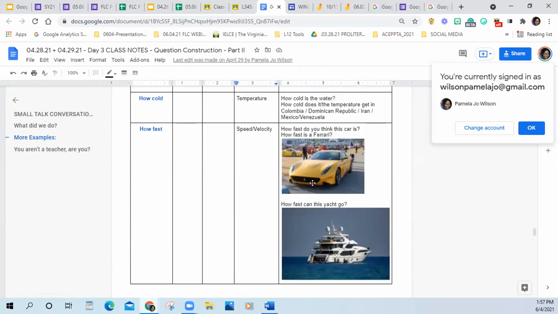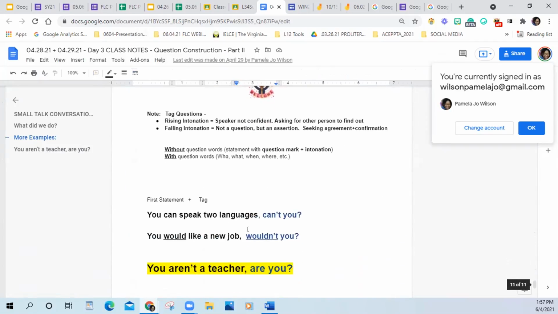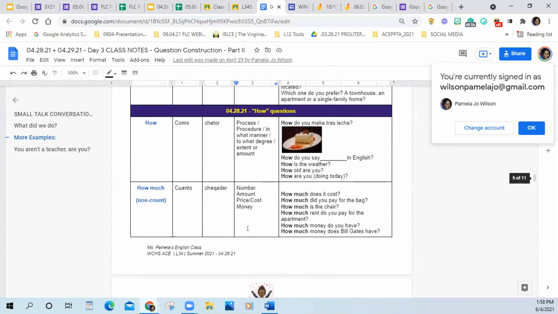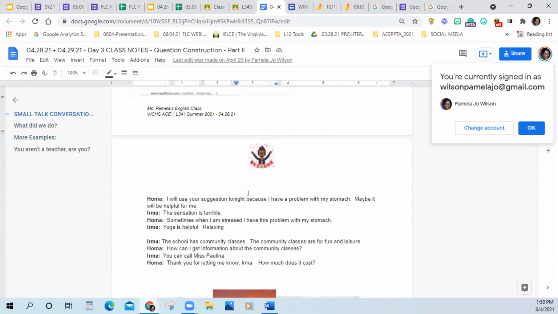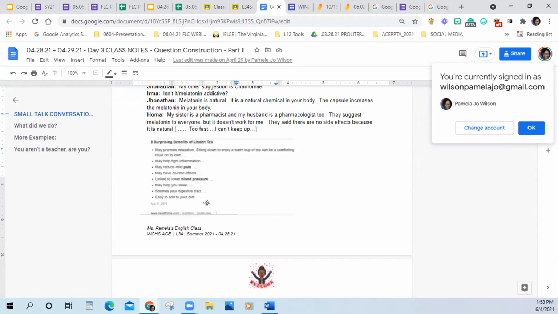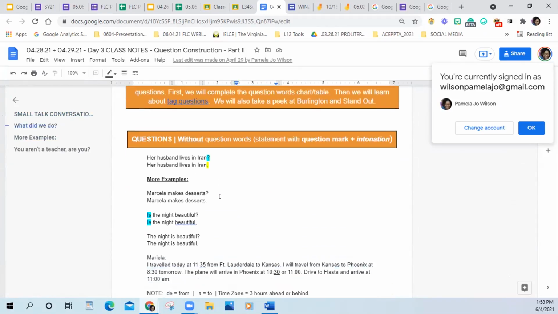So for this one, we were joking about how fast, we're practicing how fast for the question words. And we ended up putting in a fast car as well as a boat. But all of these are built with the learner. As we're doing the class, I'm typing. It sounds like a lot, but I find that it's easier because they're seeing the words that they're saying. It's easier for them to understand because they can go back and read the words that they're saying. Okay? And then when we correct it together, they can see that as well. And then also